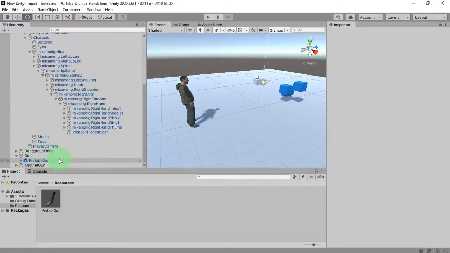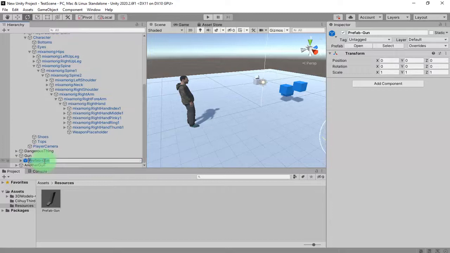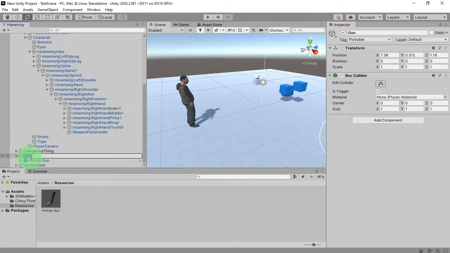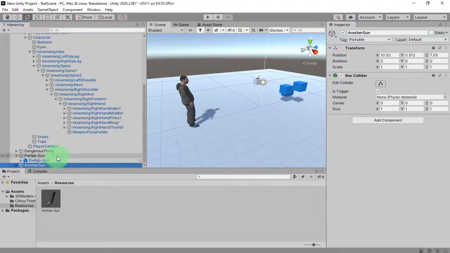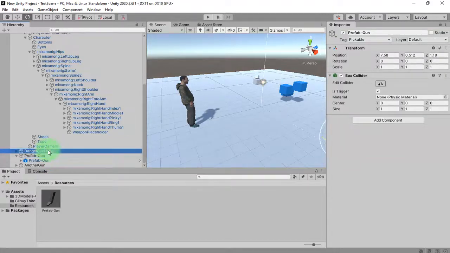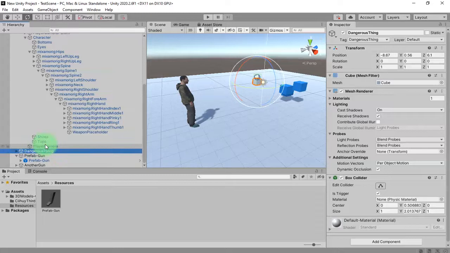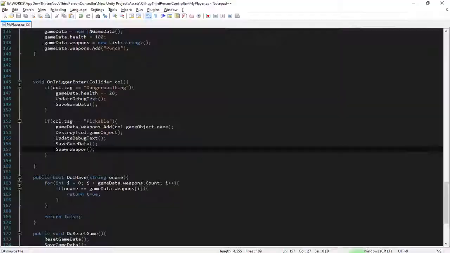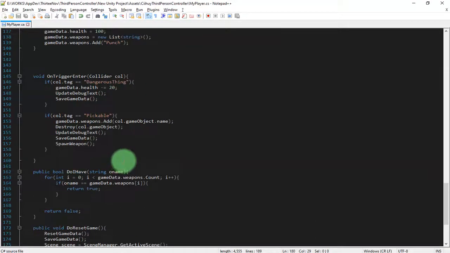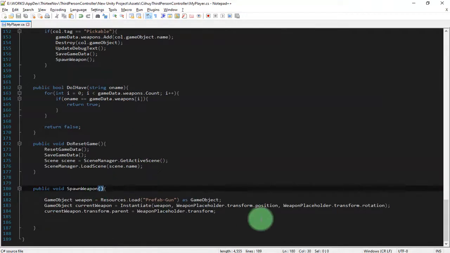For the sake of simplicity, I need to copy and paste this prefab gun text. I paste it here, prefab gun, and let me delete this one. No, this one, another gun. Let me remove it, and here inside the script I will add a string parameter to the spawn weapon, string wname.